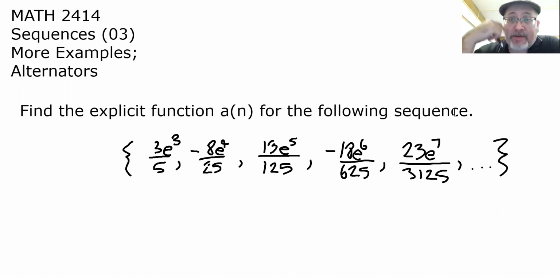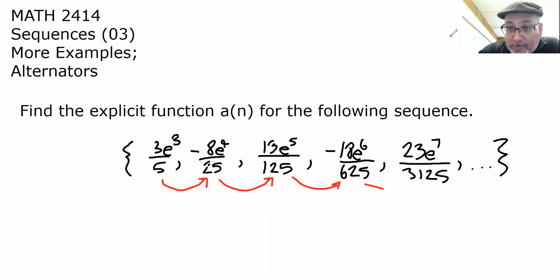For example, if you just focus on the denominators, it appears that this is a geometric sequence with a common ratio of 5. So we already know how to deal with that. When the ratio is 5, and the first term is also 5,